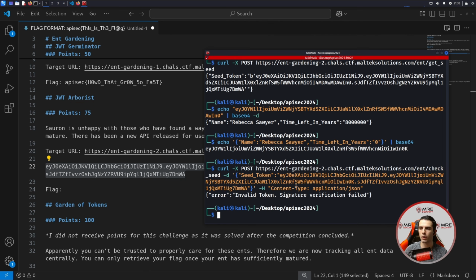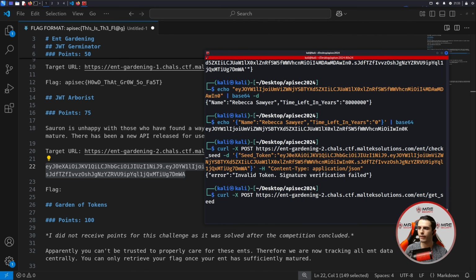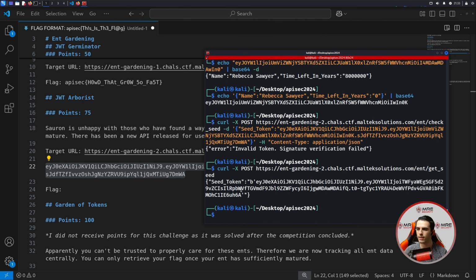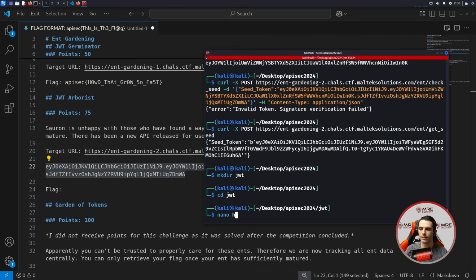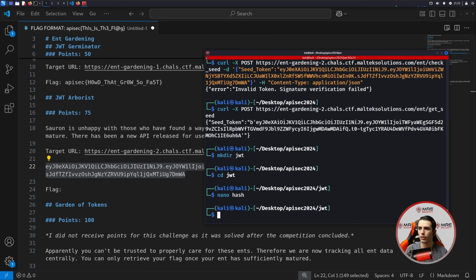So what we're going to do is get a brand new seed that we have not created. So let's take this and let's make a new directory. Let's just call this JWT. And let's go over here and we'll put this as a hash for hashcat. And what we'll do is hashcat -a 0 -m 16500. We'll do the hash as well as /usr/share/wordlists, and then we'll do